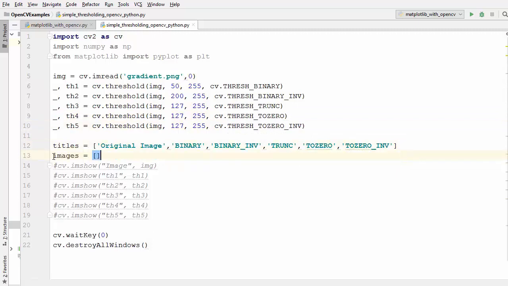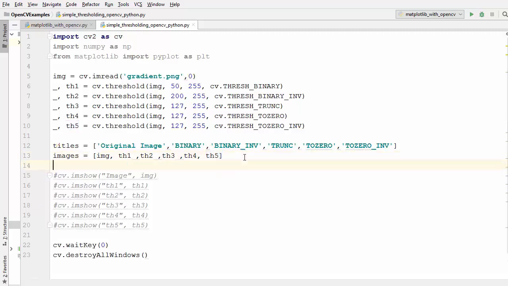In the same way, we are going to define a variable called images, and inside this square bracket we are going to pass first of all our original image, and then th1, th2, th3, th4, th5. Okay, so these are the 6 values we want to show, and these are the 6 titles of these images.